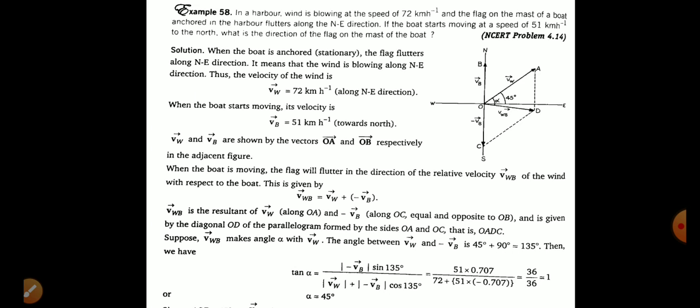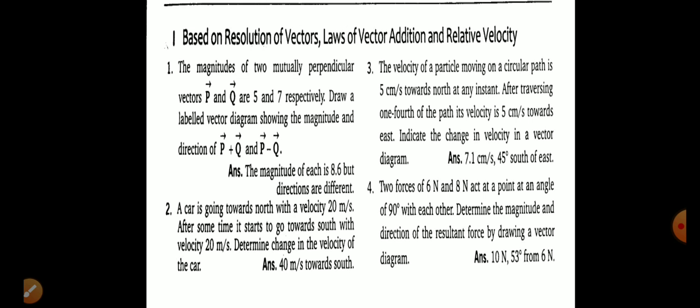Here OD is relative velocity and alpha is direction of relative velocity with respect to direction of wind velocity. Using knowledge of the previously explained question, you try to understand and practice this example. Then you try more examples. After solving these examples, you will understand better.